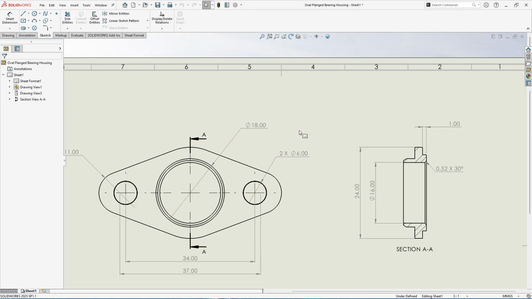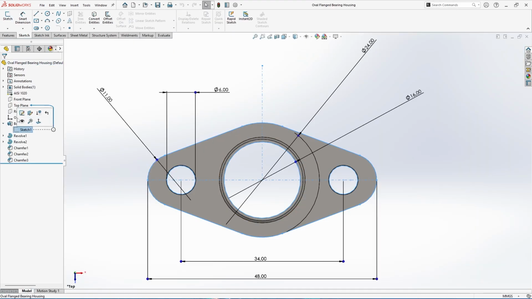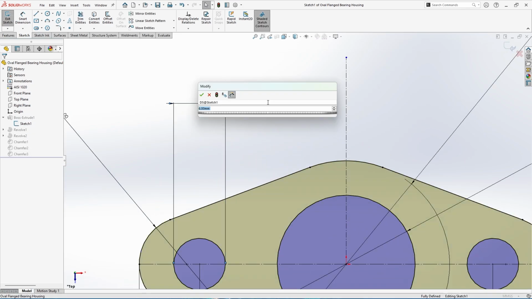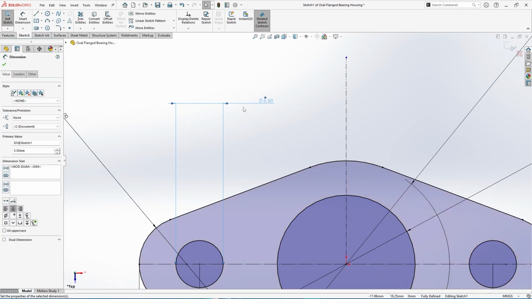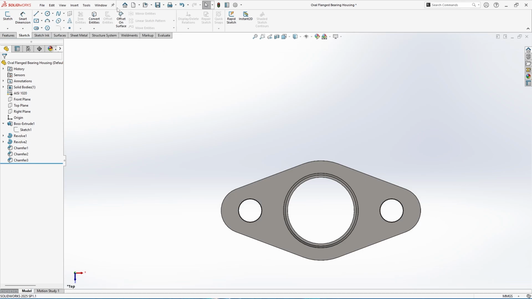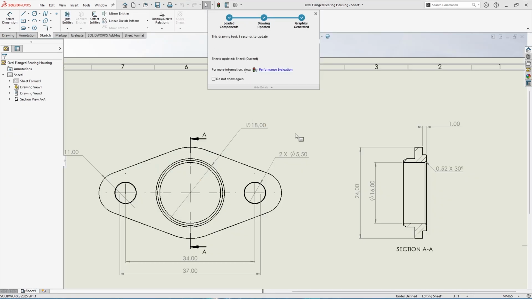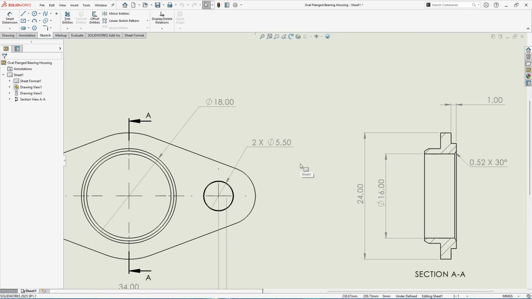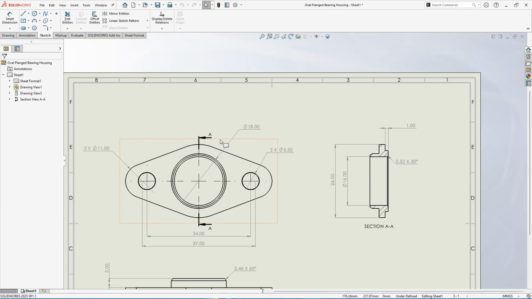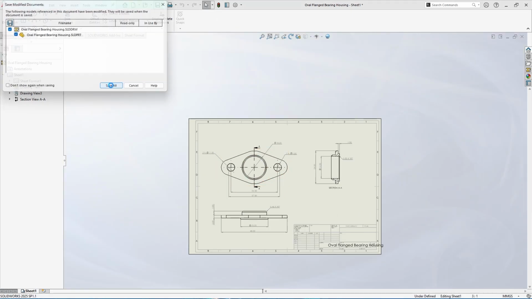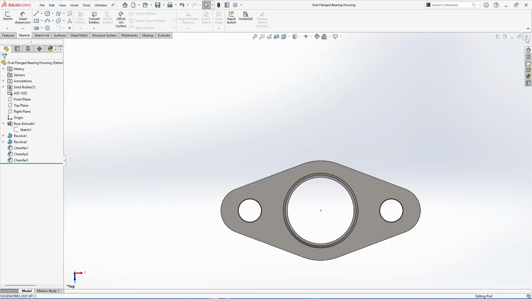And finally, let's talk about something that helps you work smarter, not harder: associativity between your 3D model and 2D drawing. When you change a dimension in the model, it automatically updates in the drawing. And yes, if you change the drawing, the model updates too. No more manual fixes, just make sure you use a link template and enable link to parent when exporting or updating. And that's it for part 1 of feature modeling.